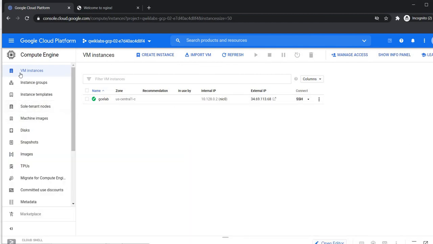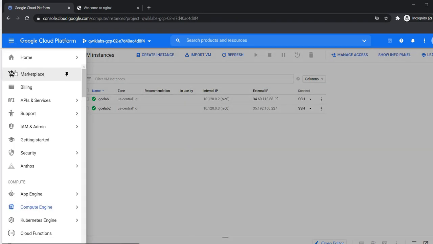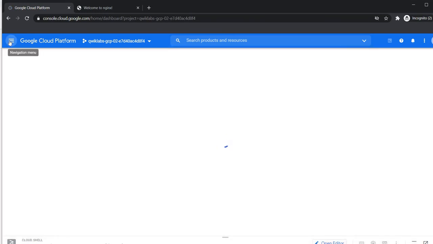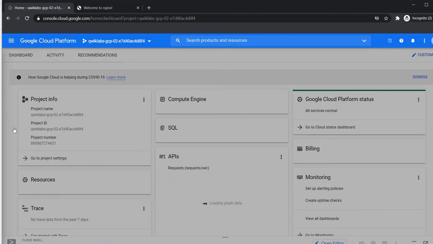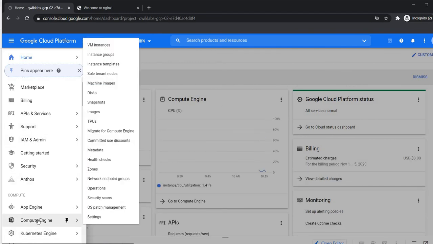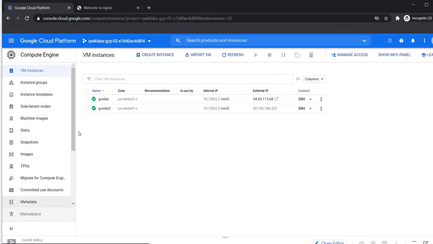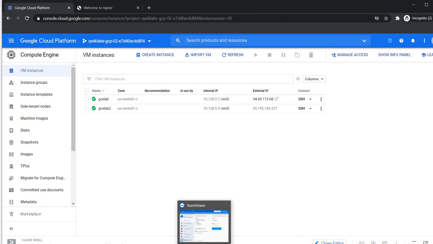When I refresh this page, okay, 1 minute. Go to the Compute Engine again. Here we have created two virtual machines.